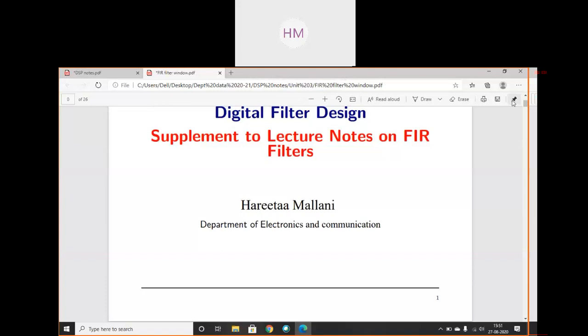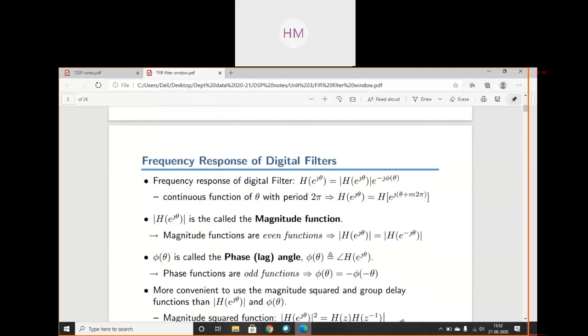So is it clear? Now what is given to you? The length of the filter is given in the question. Is it audible to all? That is N equal to 9. And now we have the group delay equation we wrote, tau equal to (N minus 1) by 2. So what is the value of tau over here? N is 9, so (9 minus 1) by 2 is equal to 4. So tau is equal to 4.